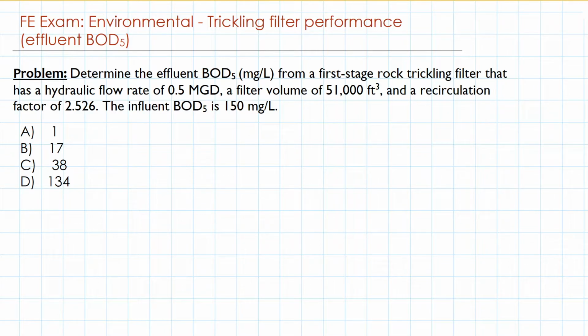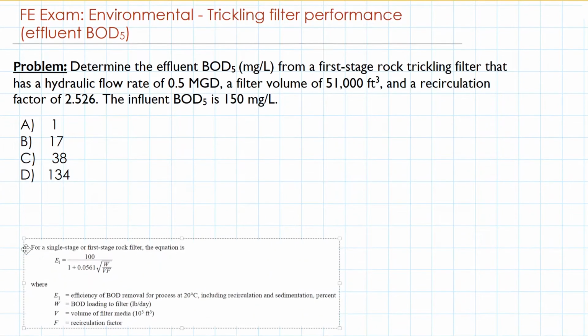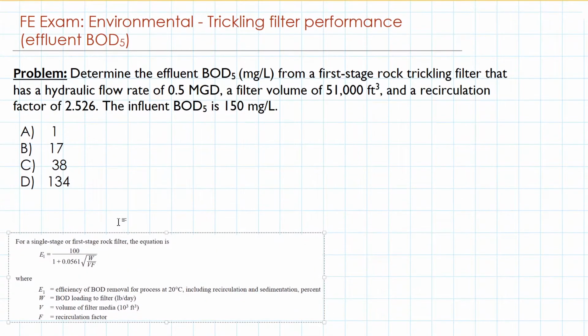Now, in order for us to solve such a problem, we need to use the trickling filter performance equation on page 331, which is issued by the NRC. For a single stage or first stage rock filter, the equation is 100 divided by 1 plus 0.561 times the square root of W divided by VF. Let's put the equation here. So the efficiency for our system is